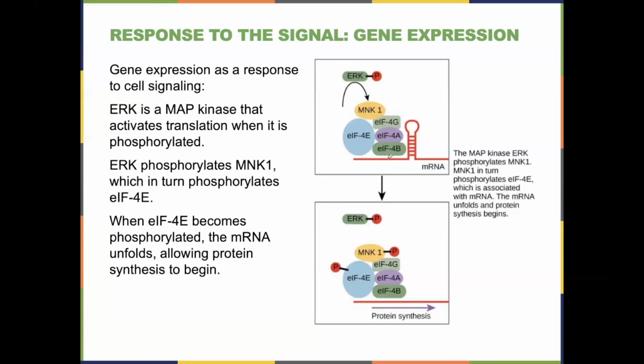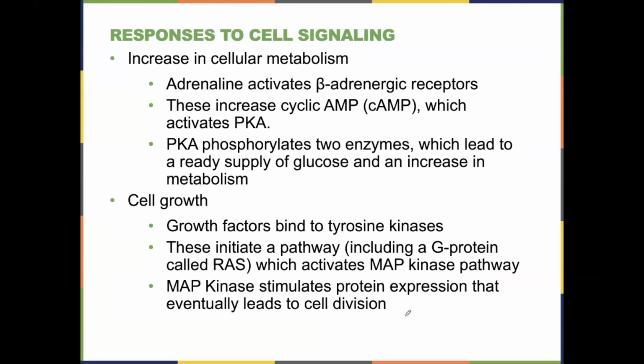Now, this complex is kind of like a lock on mRNA and prevents this mRNA from being translated into proteins. So in order to make the protein from this particular mRNA, which came from a particular gene, we actually have to unlock this. And so that's what the phosphorylated ERK here does. It unlocks this complex and allows this mRNA to be made into protein. So that's how genes are turned on or unlocked,